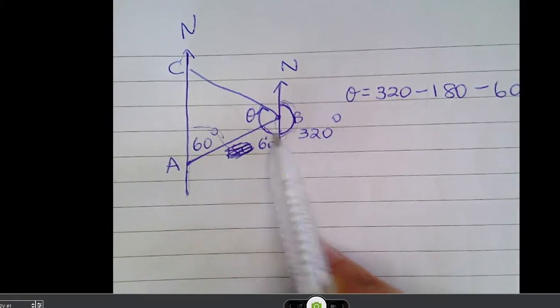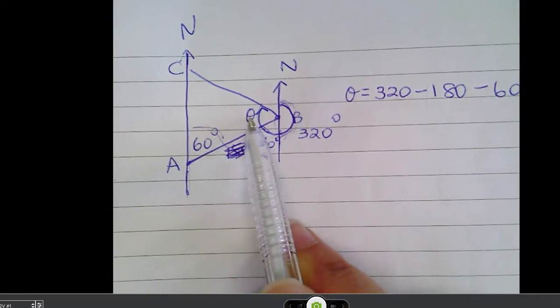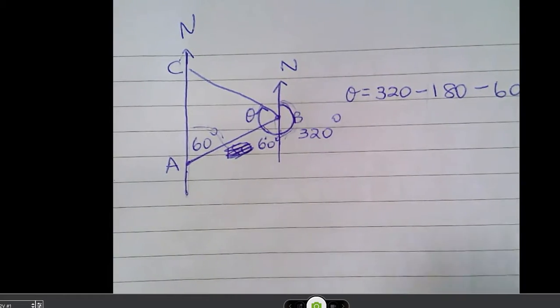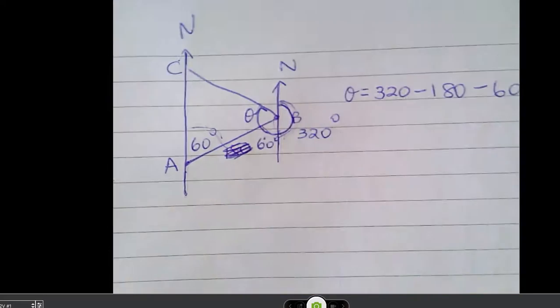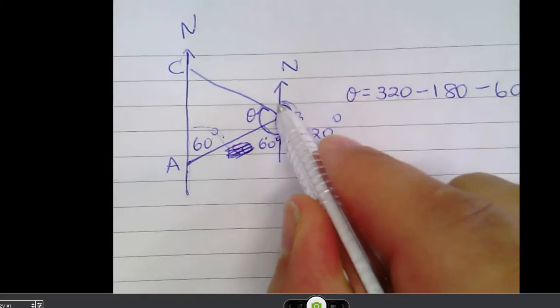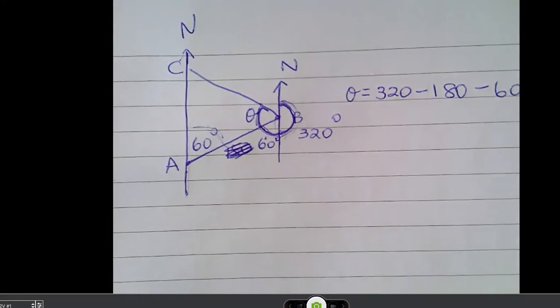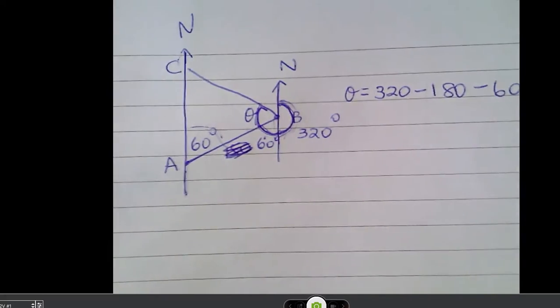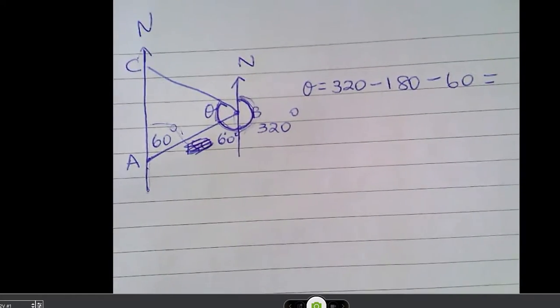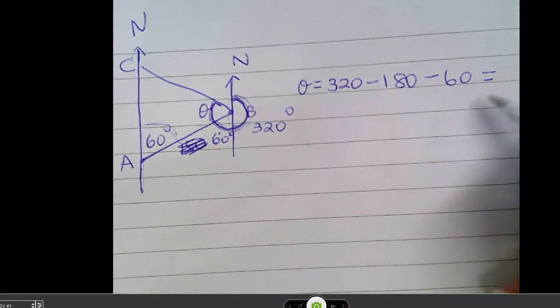If I take away that 60 and that 180, I'm left with the theta. So the whole thing's 320. It's made up of three sections. This section here is 180, this section 60, this is my unknown section. So therefore, theta is 320 minus 180 minus 60, which is 320 minus 240, which is